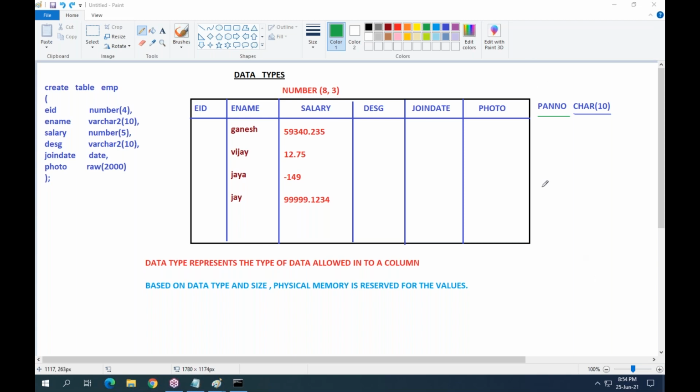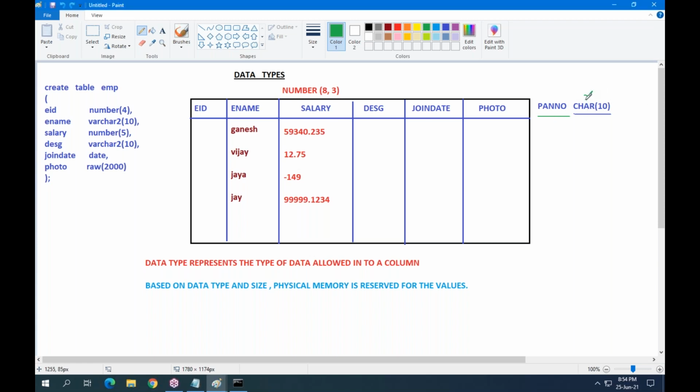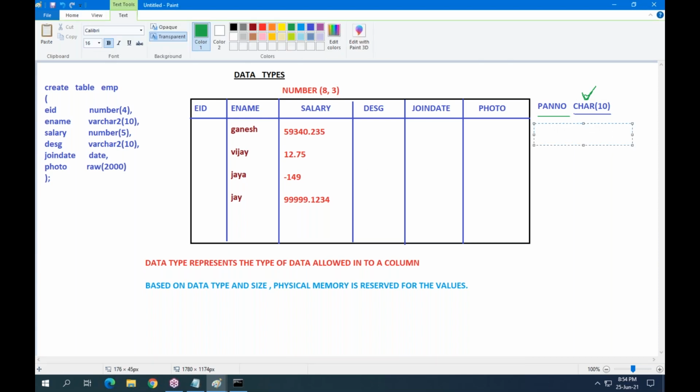But the problem is, by mistake, suppose you are using varchar2 here, and you enter a PAN card number with a 12 character value. By mistake I am using 12 characters.